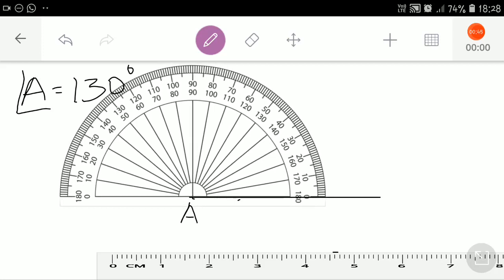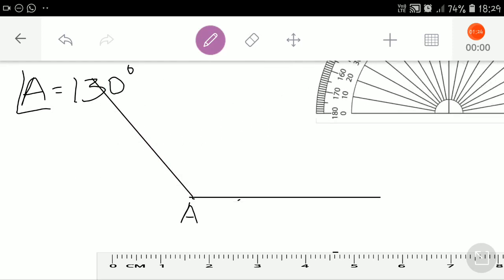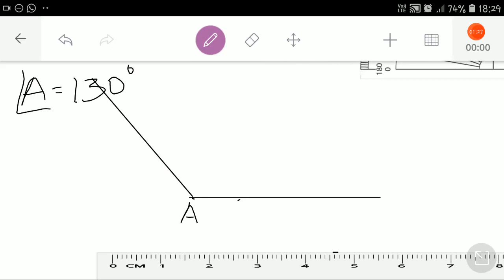There is an inner circle and outer circle. If you are checking the inner circle, 130 degrees is here. And if you are checking the outer circle, the 130 degrees is here. I told you angles above 90 degrees mean the mouth should be open wide. So if you are selecting this one, is it open wide? No. Only if this 130 is selected, it is open wide, and that is called an obtuse angle. Okay. So you are going to select this 130 degrees. Clear, children? And then take the protractor. Then you are going to name this angle like this.